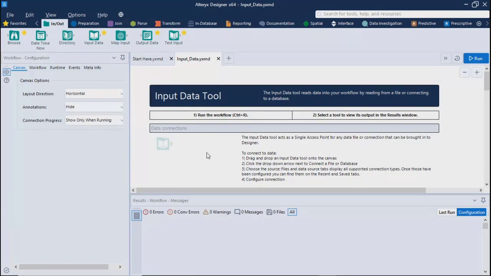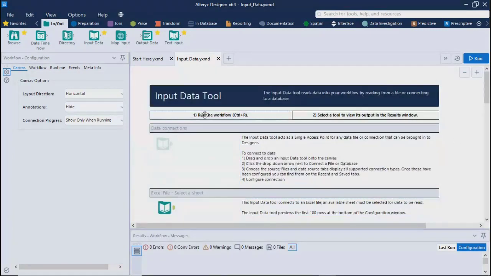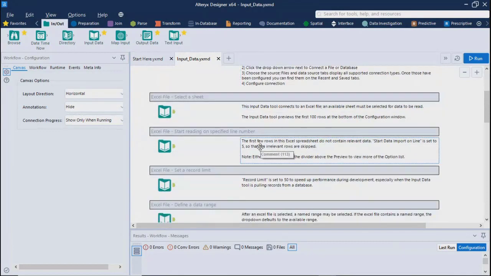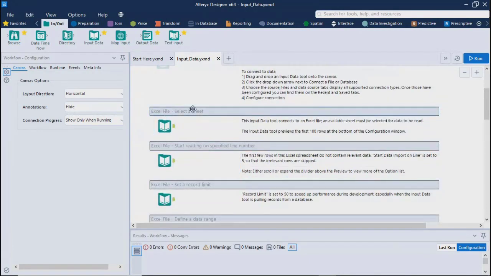It is opening this file from the same folder location. Over here, you can see the details related to a particular component or tool, like where you are going to use it, how to run it, and what the other configurable items are.